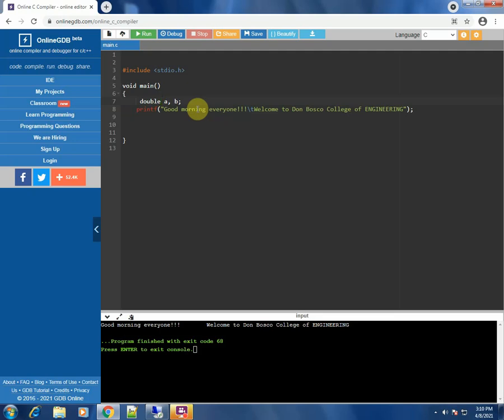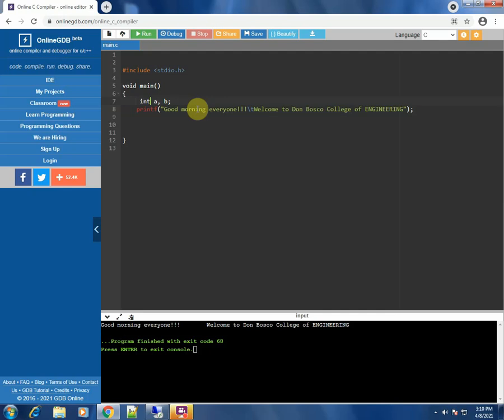Right now, let's not look at float, let's not look at double. Let's just look at integer values. In further classes, we will look into the difference between integer, float and double in more detail. So in this class I'll just use integer values.